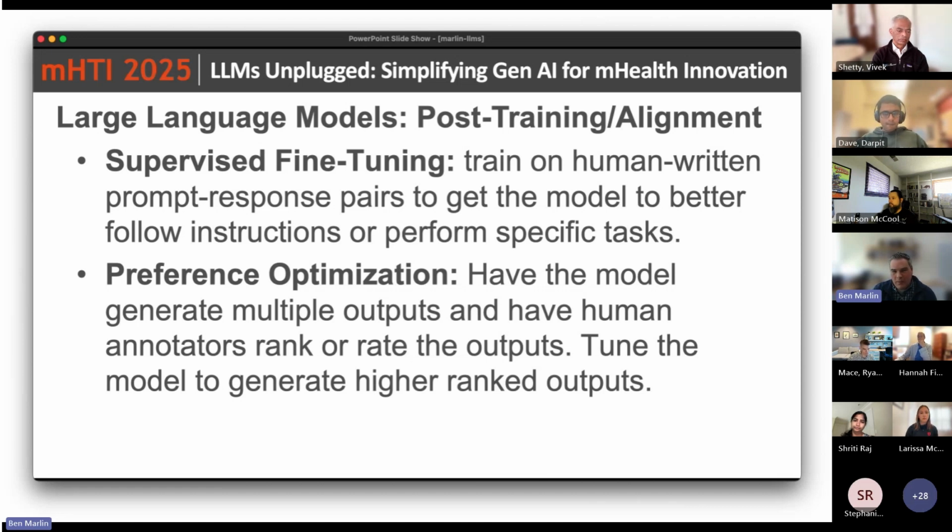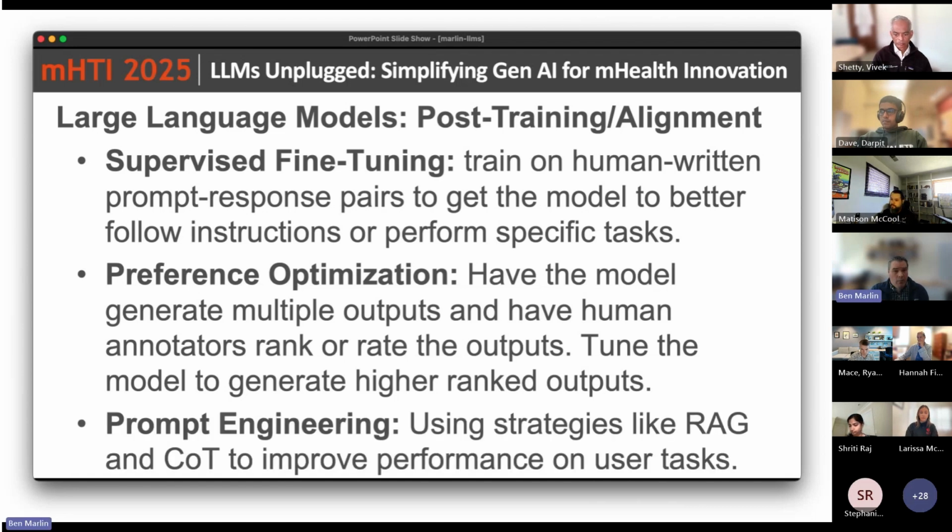So when you interact with ChatGPT, you're not interacting with a raw LLM. You're interacting with an LLM that has undergone supervised fine-tuning to behave like a helpful assistant, as well as this kind of preference optimization to generate outputs that human annotators found to be preferable to other generations. Okay. Once that's done, the additional layer that you have access to as a user of these systems is really about prompt engineering. And again, I'm sure everyone has heard about prompt engineering. The basic idea is when you go to prompt one of these models that has been post-trained using supervised fine-tuning and preference optimization, you can construct your prompt in different ways, and you'll get different performance out of the system.